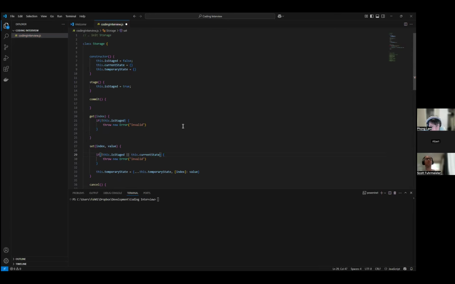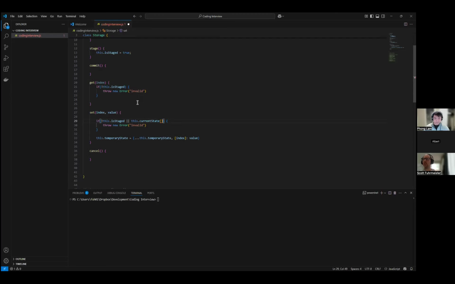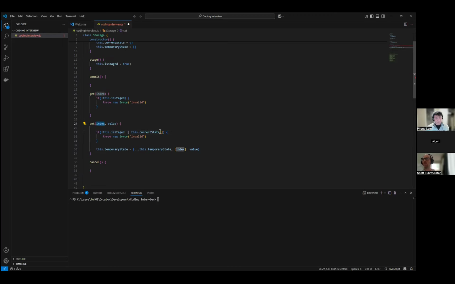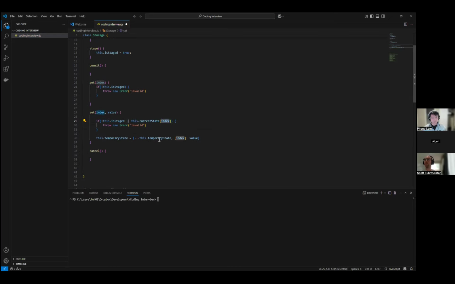I can't remember the syntax on it. Square bracket. Oh yeah, with the index, and that will be undefined. Should still throw the error. That will be undefined, I believe.